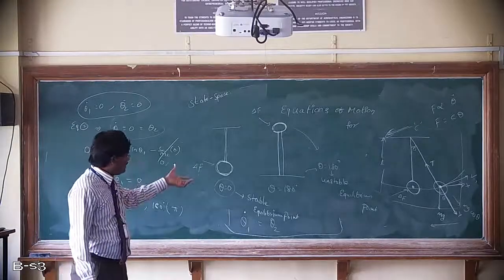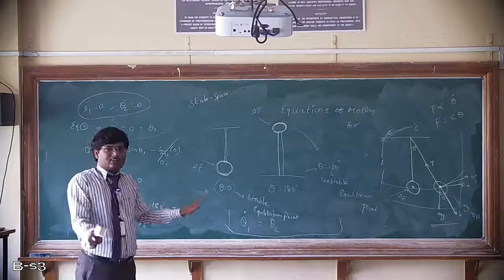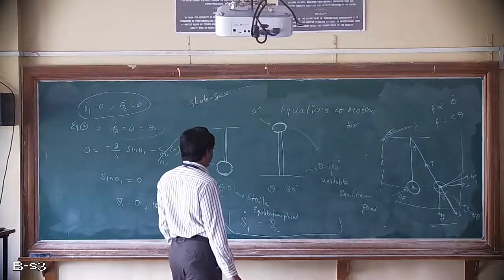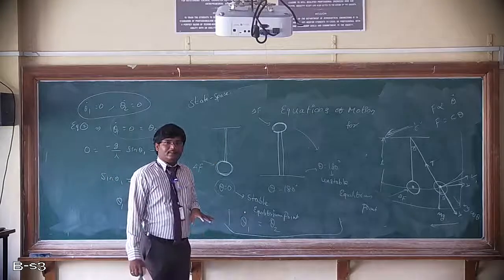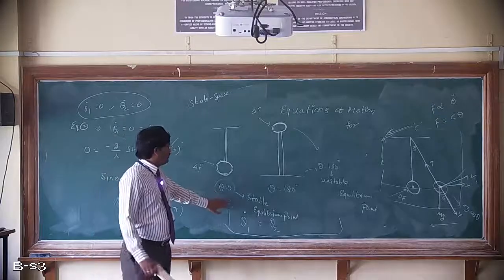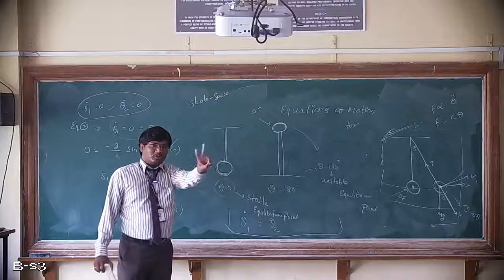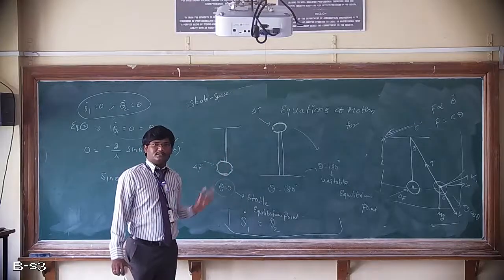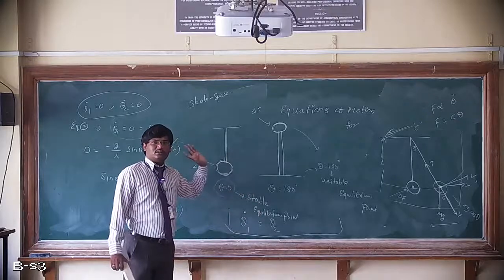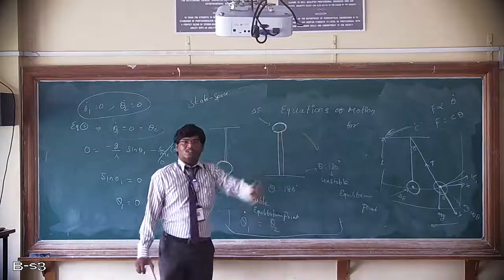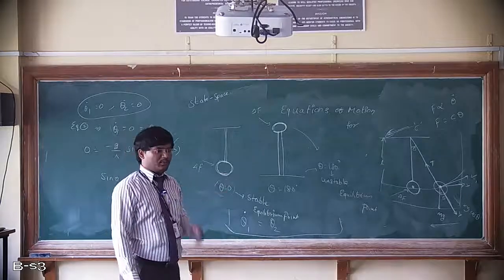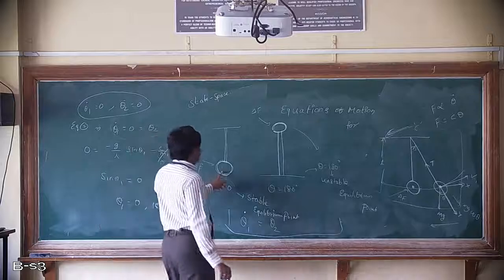If I say the simple pendulum is a stable system or an unstable system, is there any meaning? There is no meaning, right? Because stability is a phenomenon of the equilibrium point. For this simple pendulum, two equilibrium points are there, one at 0 degrees and one at 180 degrees. I am saying at 0 degrees this is stable, and at 180 degrees this simple pendulum is unstable. So you cannot say the simple pendulum is stable. No, stability is the property of equilibrium points.